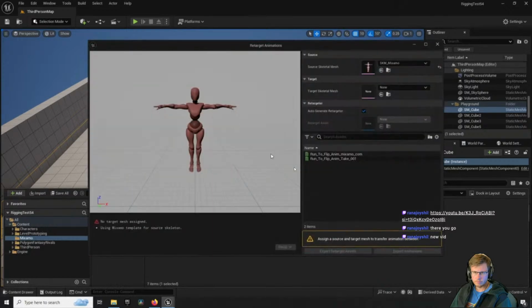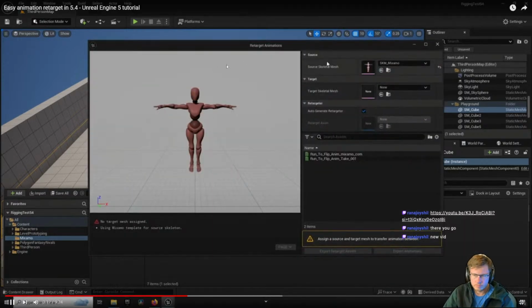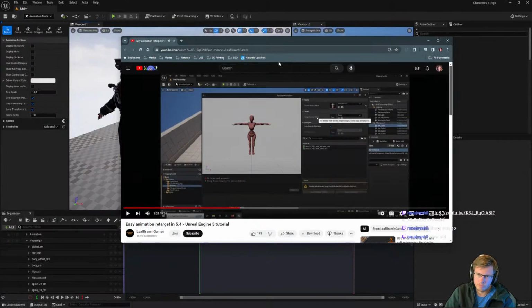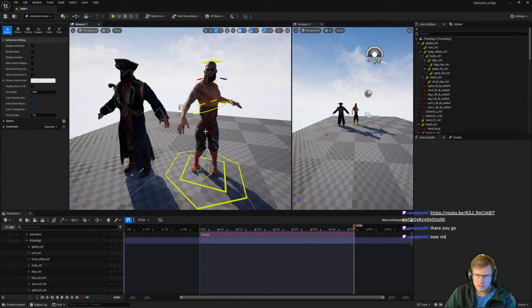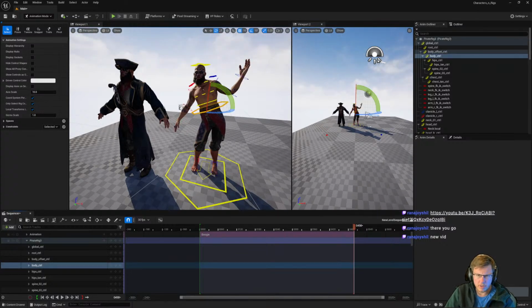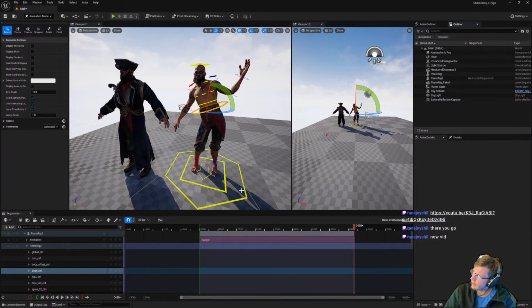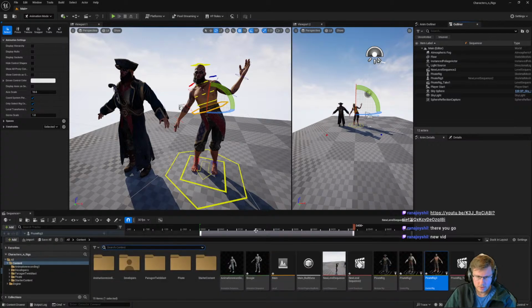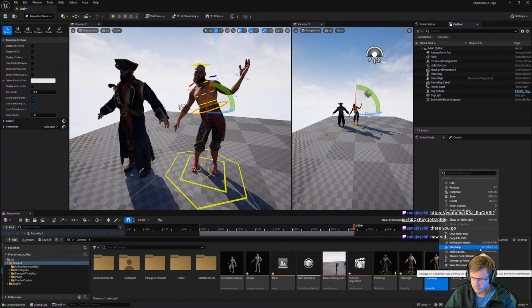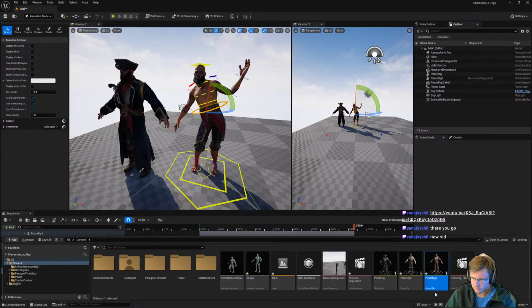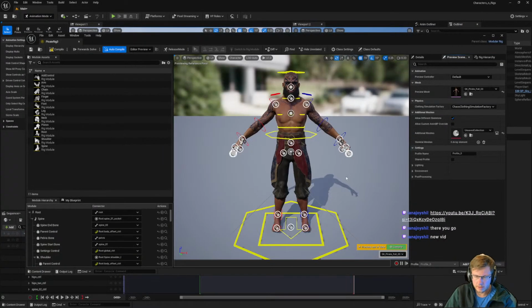and click retarget animation. And from here, we need to pick a source mesh, which we can see up here. That's going to be the skeleton mesh that we renamed. And then it's going to need a target skeleton mesh. And I don't think this is... It might be in the same area, but retargeting, I don't know if it's in this area of stuff where we have this guy, the control rig, it's something in here.